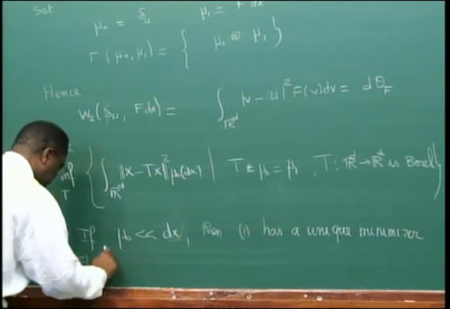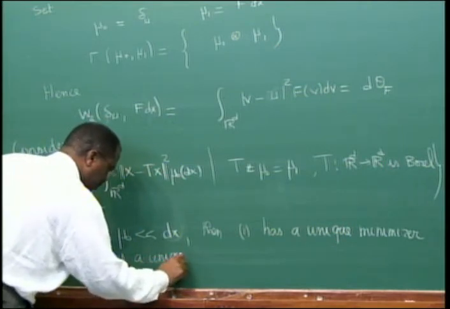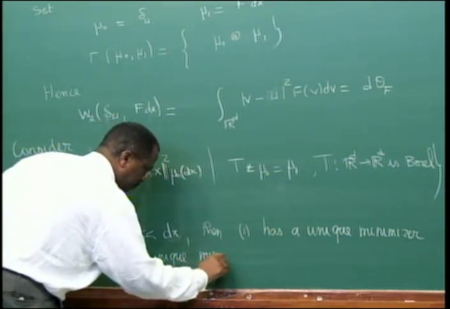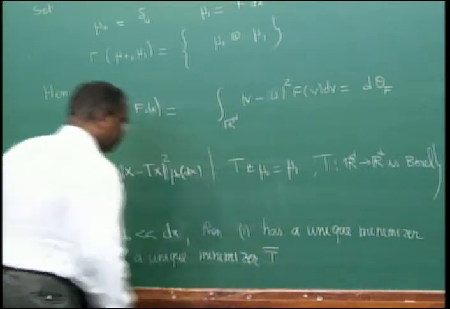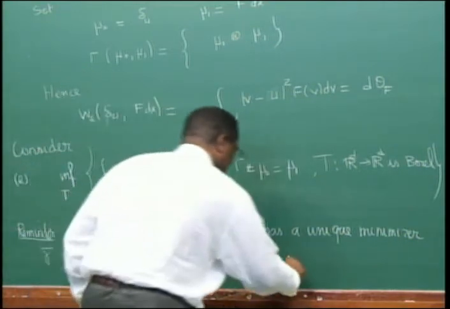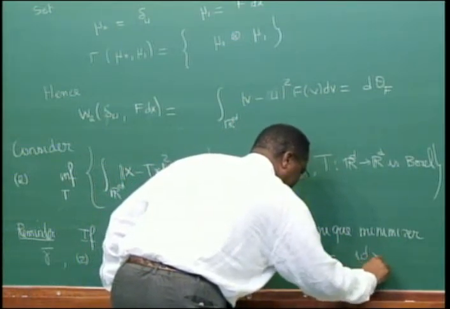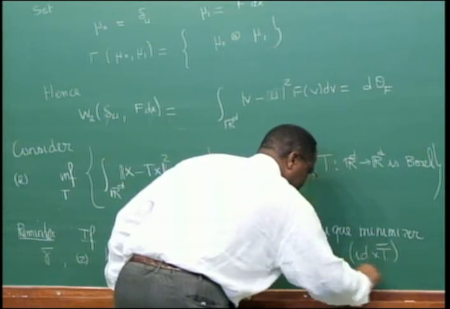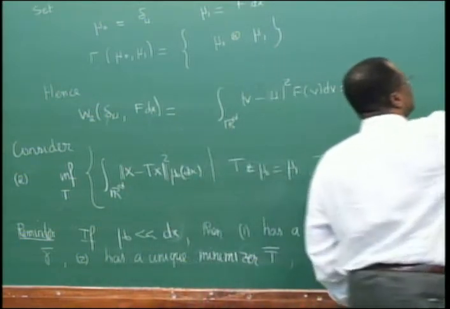Problem 2 has a unique minimizer, T bar. Gamma bar is (identity cross T bar) push forward mu naught. And there exists